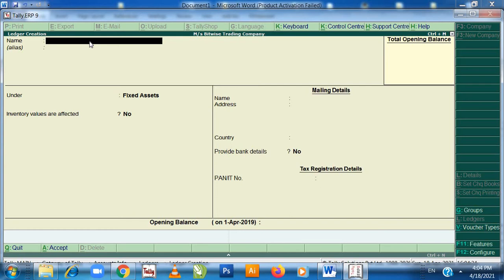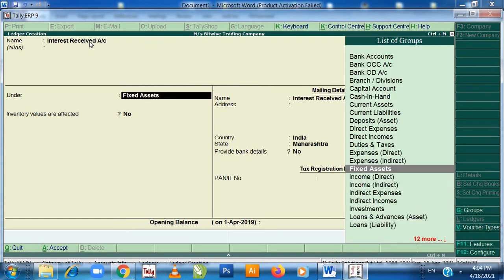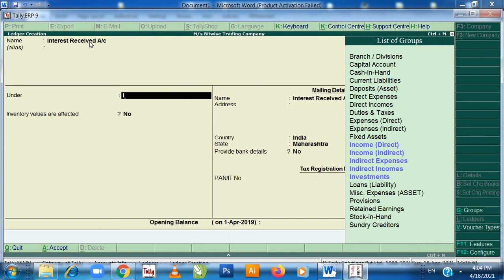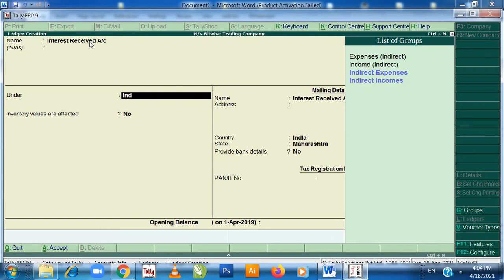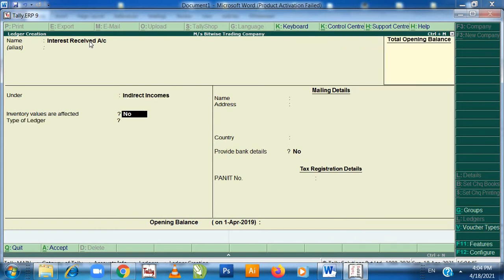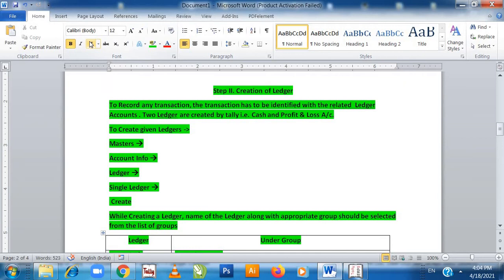Then interest received account under indirect income. Press enter, enter. Now all my ledgers have been created.